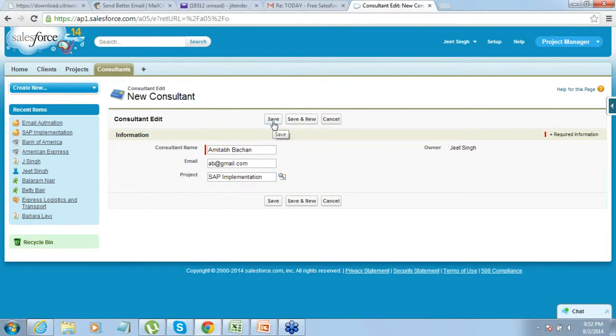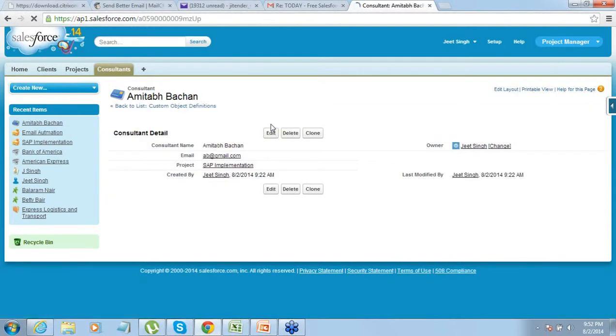Similarly, in the consultant object, you could have created many more fields: phone number, fax number, address of the consultant, first name, last name, alias name. Whatever you want to store, you can. Fine, so that's the basic application that we have created.